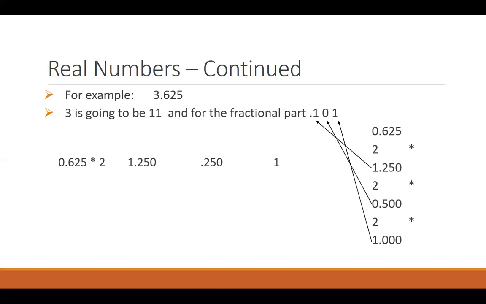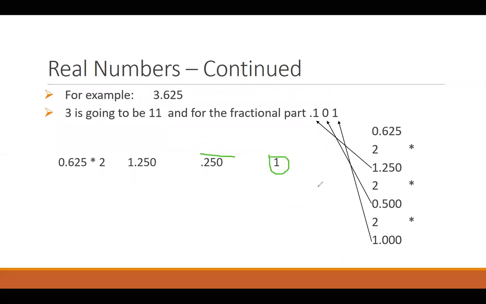There is one more way of doing that. Maybe you have done it like this in the previous years. We would take the fractional part, multiply it with 2. Whatever the answer is, we break it down and we write it in integer and fraction separately. This is my fraction and this is my integer. So this integer is going to become my answer, and this fraction is going to help me continue the multiplication process.